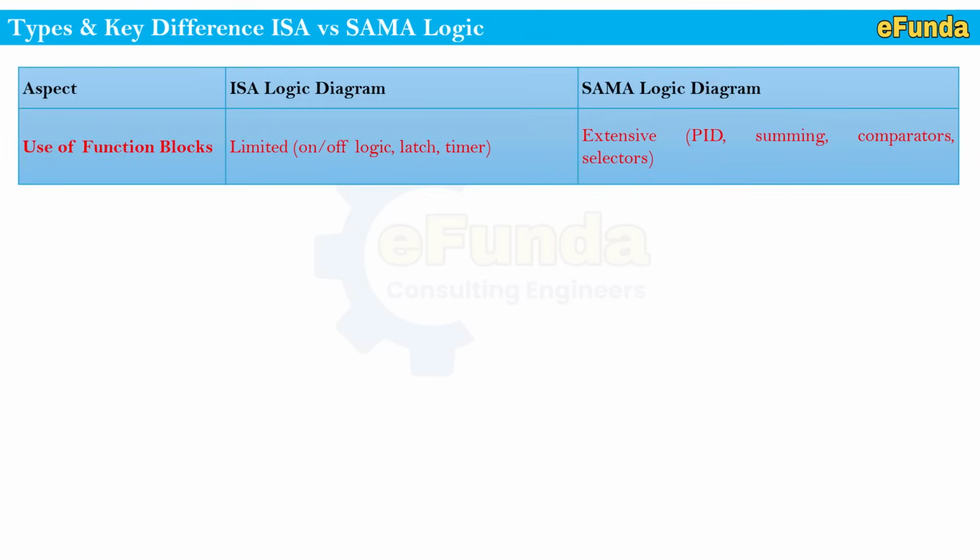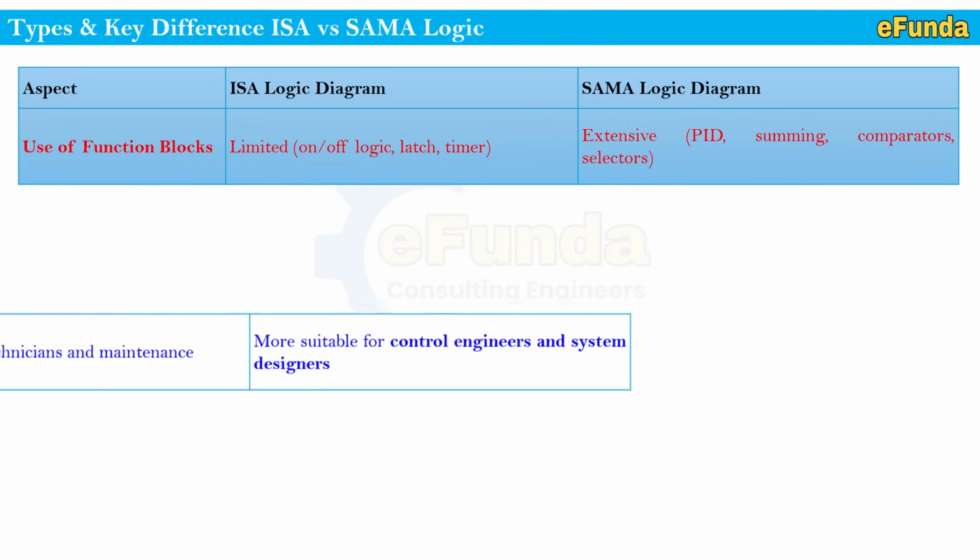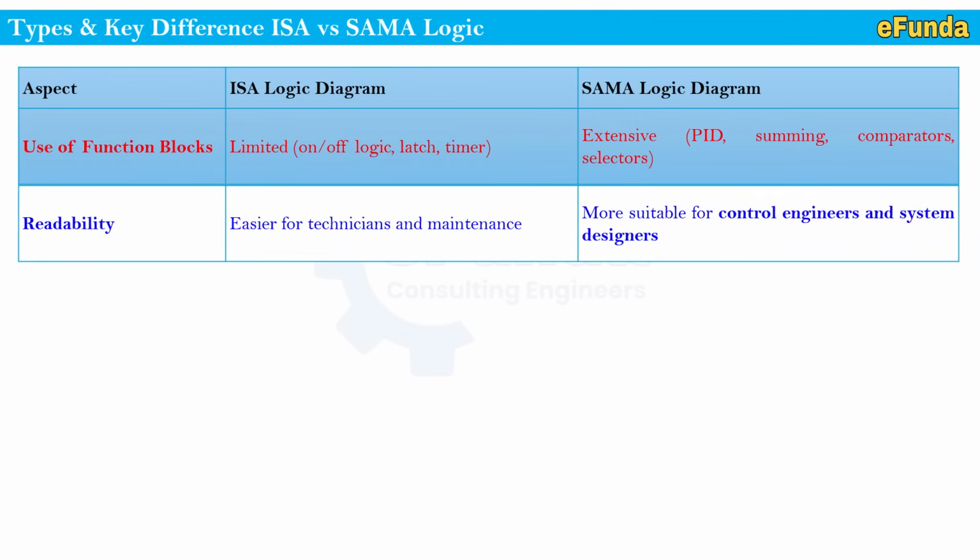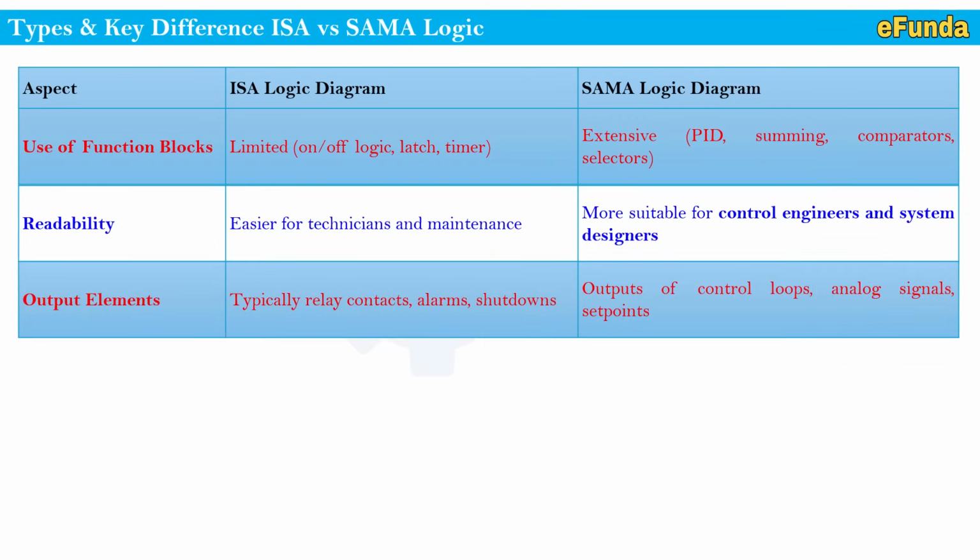Use of function blocks: ISA logic is limited, that is on-off valve or on-off logic, latch, timer, etc., whereas SAMA logic makes extensive use of functional blocks like PID, summing, comparator, selector, etc. Readability: ISA logic is easier for technicians and maintenance, whereas SAMA logic is more suitable for control engineers and a system designer. Output elements: ISA logic is typically based on relay contacts, alarms and shutdowns, whereas SAMA logic